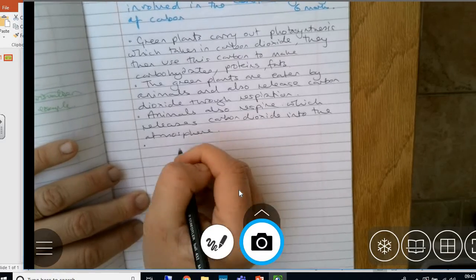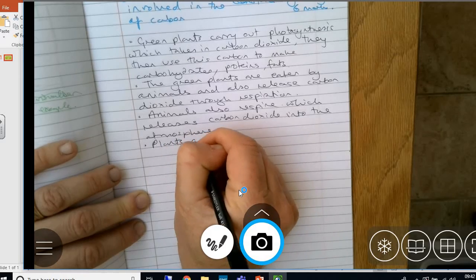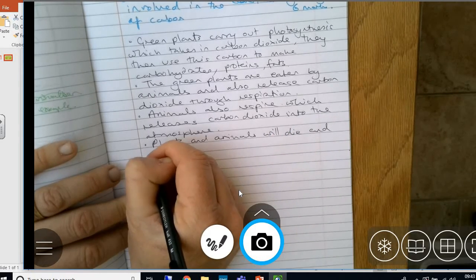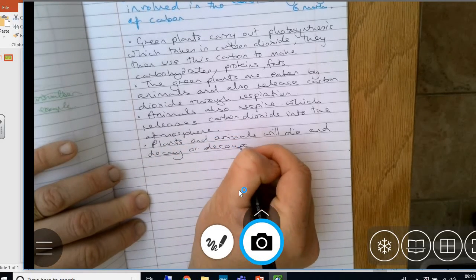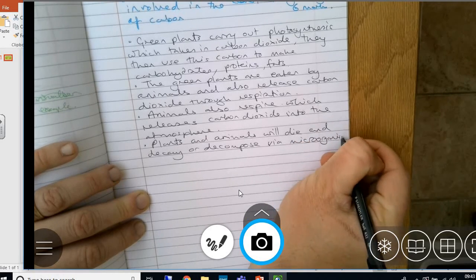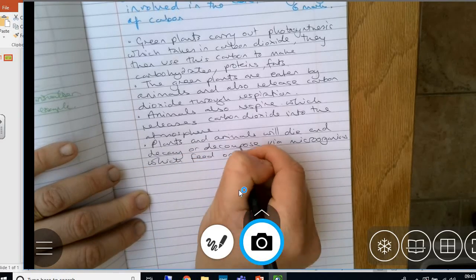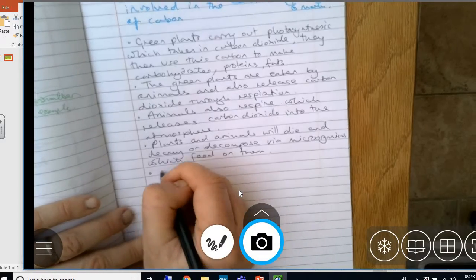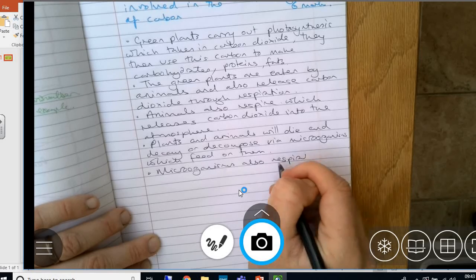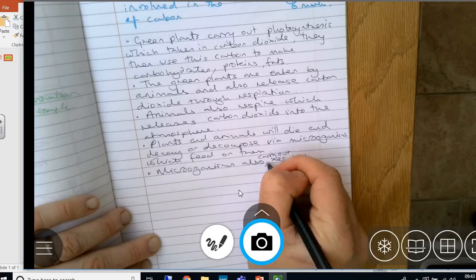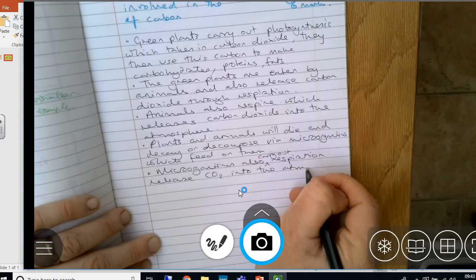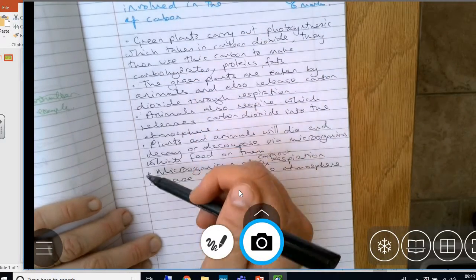And the third point I'm going to mention is that plants and animals will die and decay or decompose, either of those terms, via microorganisms which feed on them. And my last point is that microorganisms also respire, also carry out respiration, releasing CO2 into the atmosphere. Now I have made 1, 2, 3, 4, 5 bullet points, but I've got